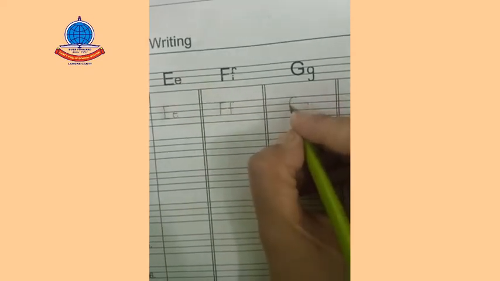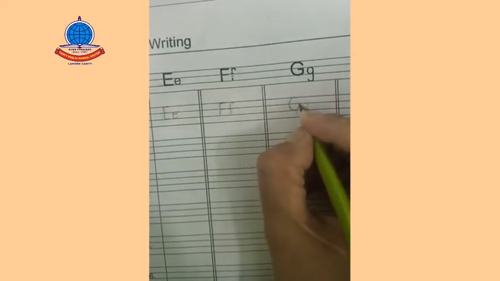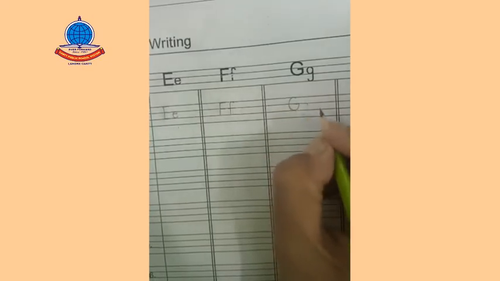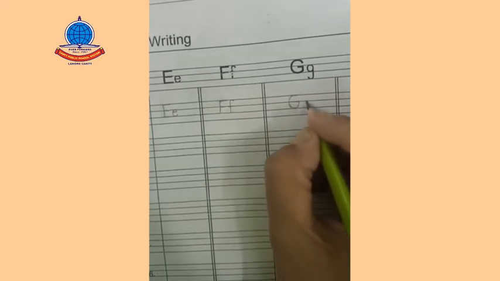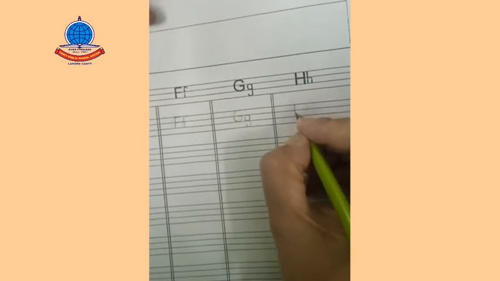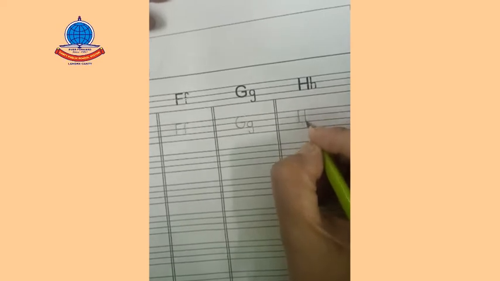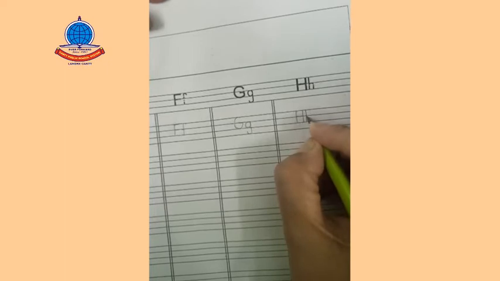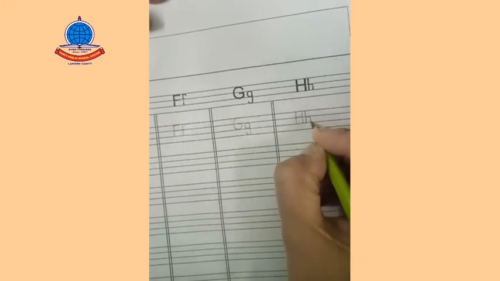You have to be careful with G. Draw a big C and now like this. Now small g, a circle, a straight line and a curve like this. H, 2 straight lines and 1 slipping line in between. Now small h, a straight line and like this. Now you have to practice all this on this page, and we'll go on to the next page, which is page